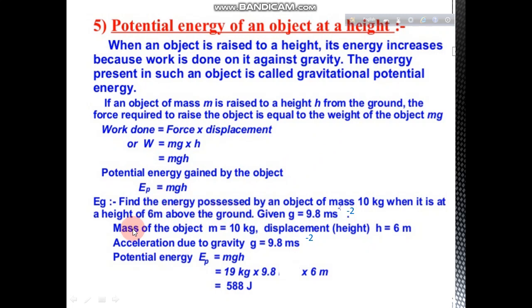Here a mathematical problem is given. Find the energy possessed by an object of mass 10 kg. Here given mass 10 kg, when it is at a height of 6 meter, that is h equal to 6 meter above the ground, given acceleration